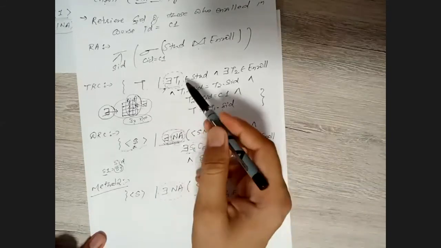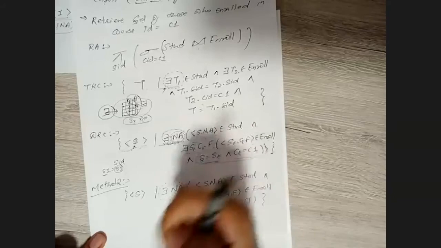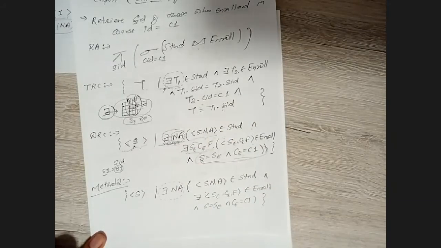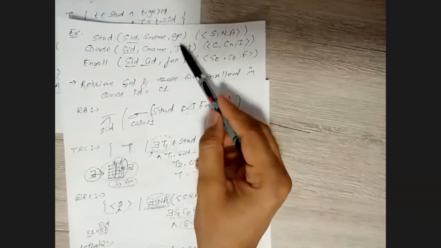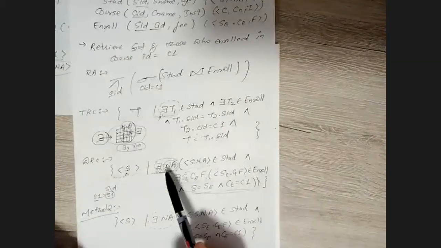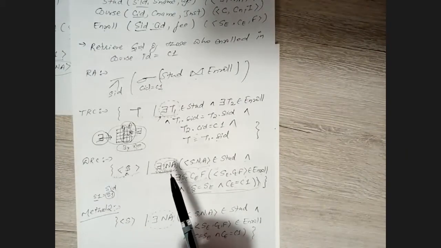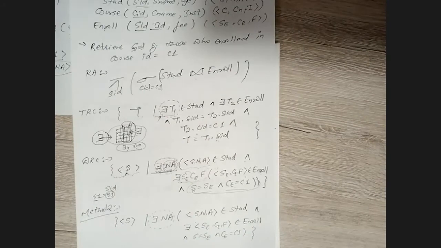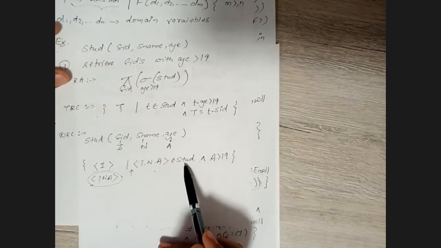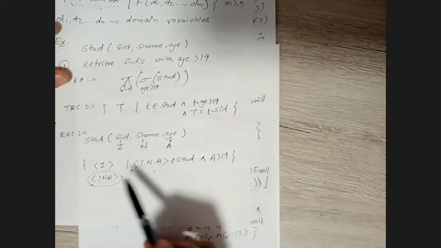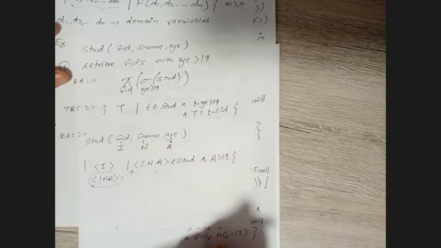So probably you will find that there exists is used more or less every time whenever we have more than one table and need a comparison between more than one table. Then obviously in almost every case we will be using the quantifiers here. In this case we had only a single table, so we can directly write all the attributes belonging to the table, and these values are greater than 19. So project any values you can just check here.